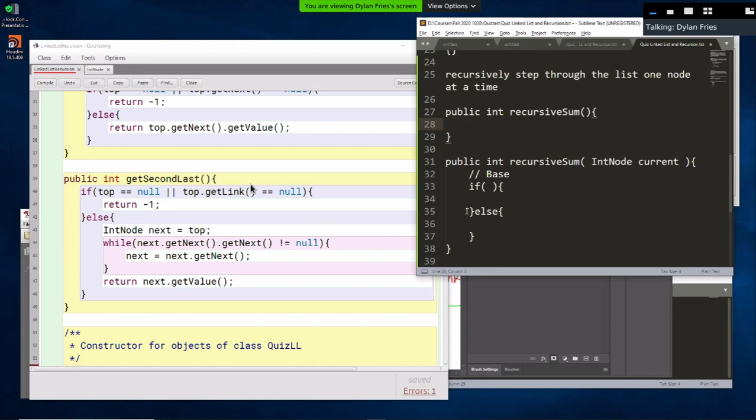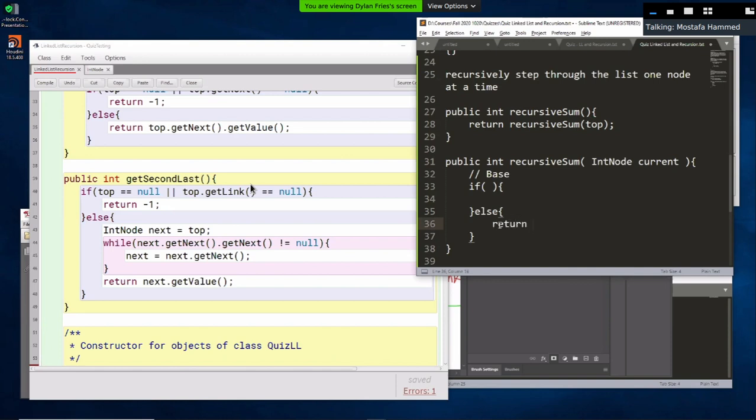So how do we recursively step through a linked list? Maybe give the same method. Like the method that has no parameters, we'll give it the top of the linked list. So recursive sum, and we give it top. So that's our first node, is what you're saying, and we want to return that because that's our solution. Yeah. And then else for the recursive method, I guess we return